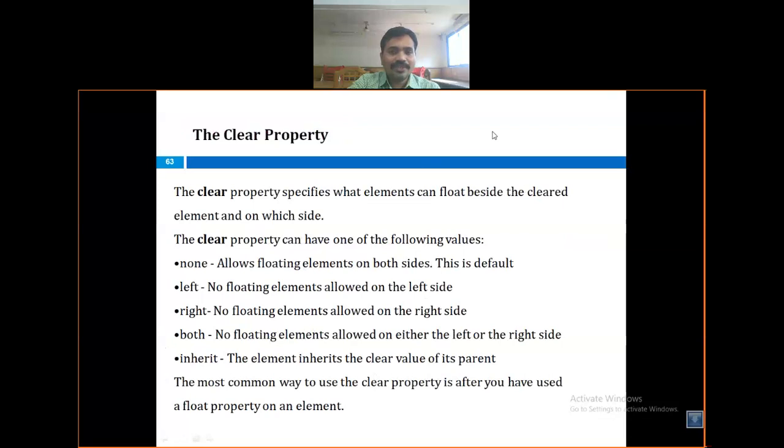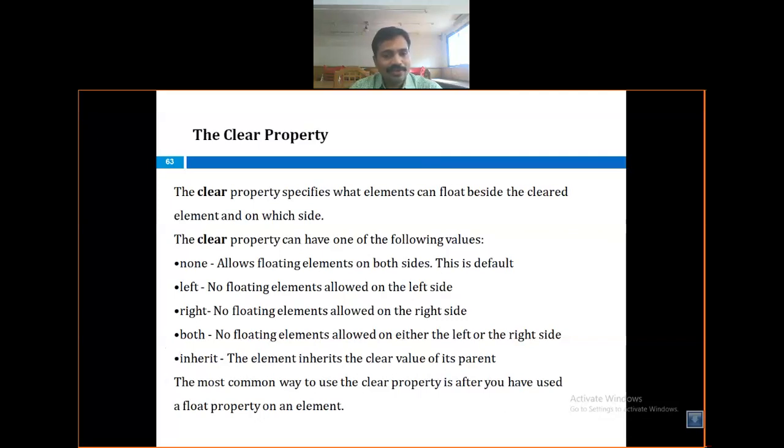Then we have to discuss the clear property. A clear property specifies which elements can float beside the cleared element, and on which side. If you want to clear something, you use the clear property. The clear property has one of the following values. None allows floating elements on both sides; this is the default.